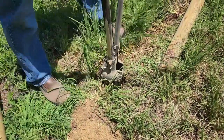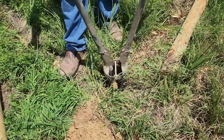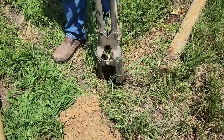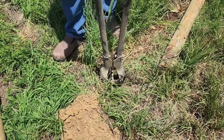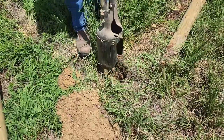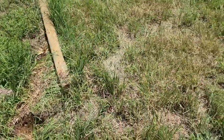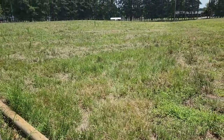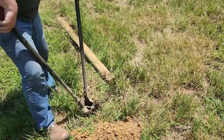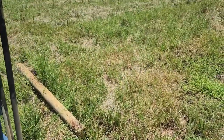Any more of these you gotta do? One more after this one. Otherwise, I would have an auger. For as much energy as it takes to start the auger, this gets done a lot quicker when you're only doing three posts. Up here on the top, it's softer soil too. Down in the bottom was the hardest clay I ever dug through. This isn't too bad. You can kind of see it's siltier. There's more silt in it. Still clay in there, but